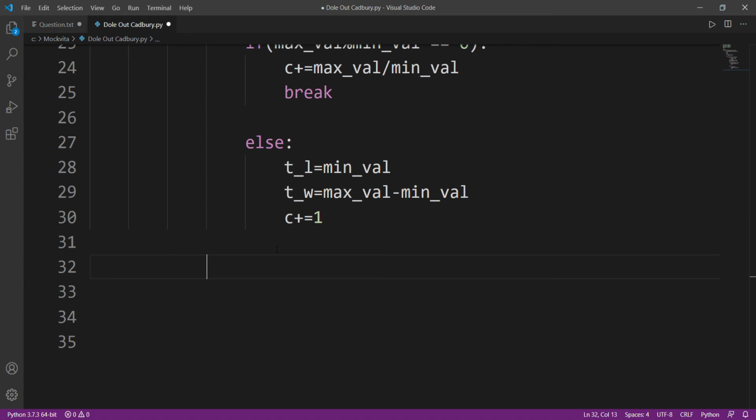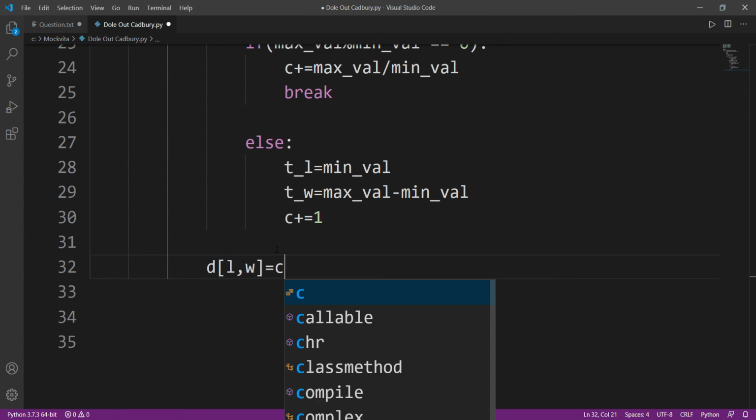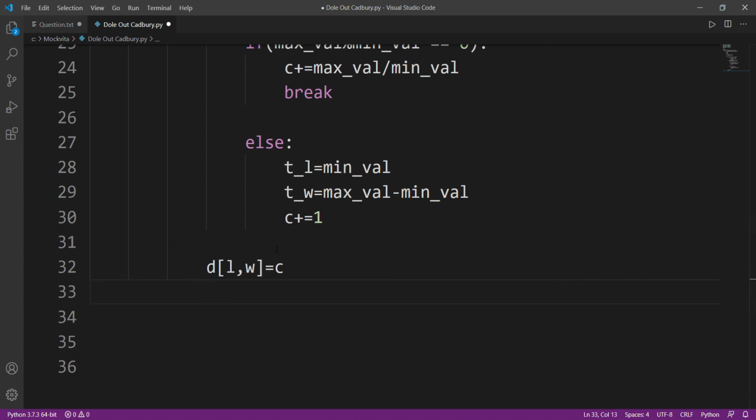Now what we need to do is insert the values in RC. Let me tell you that for a dictionary these values are different: 2 comma 3 and 3 comma 2 are different. But for us it is the same, right? Whether the bar is of shape 2 into 3 or 3 into 2, it will give us the same number of chocolates.